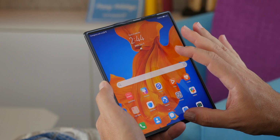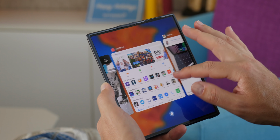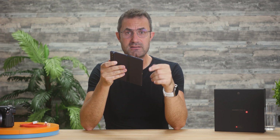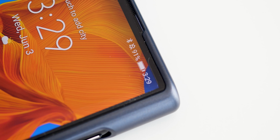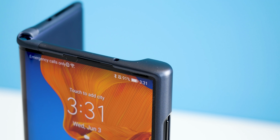Since people's biggest worry with the outfolding design that has the bendy display facing the user at all times are drops, scuffs and scratches, we'll get this out of the way first. Huawei has addressed those fears, and the Mate Xs does have screen protection. No, we didn't try to peel it off, as well as this bumper case in the box,